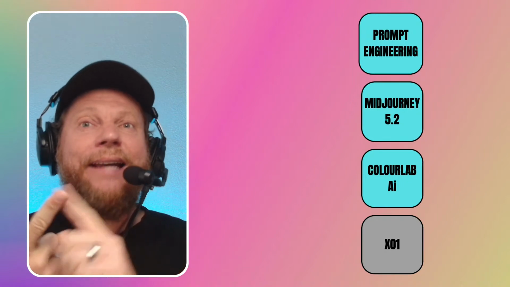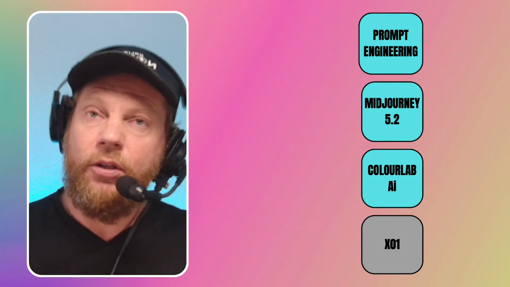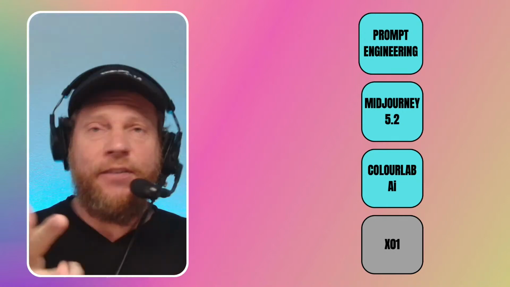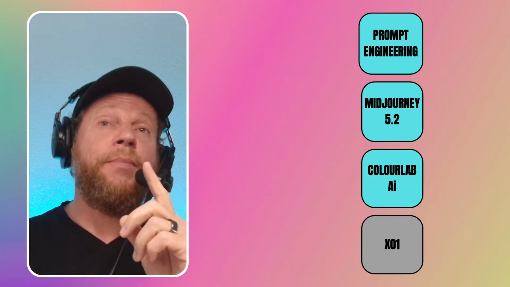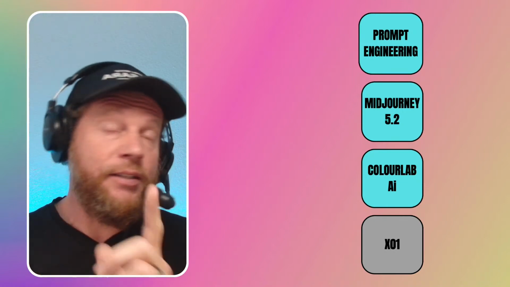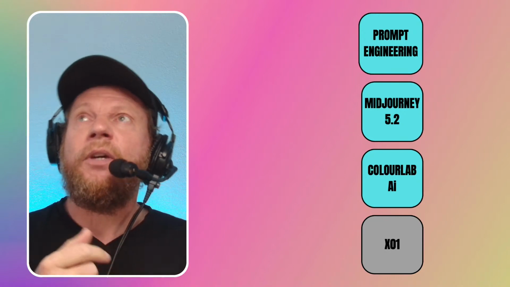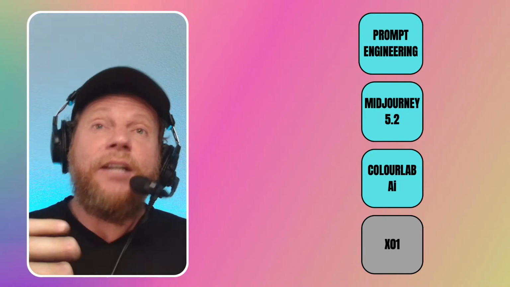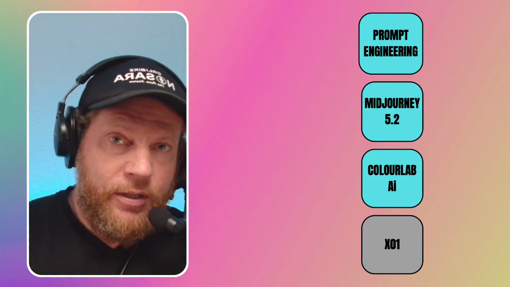What type of lighting do you want to have in your look? What era is this look from? Is it from the 60s, 50s, whatever it is? What type of daytime is it? Is it interior? Is it exterior? What type of camera? What type of lens? And then, of course, what is in the particular